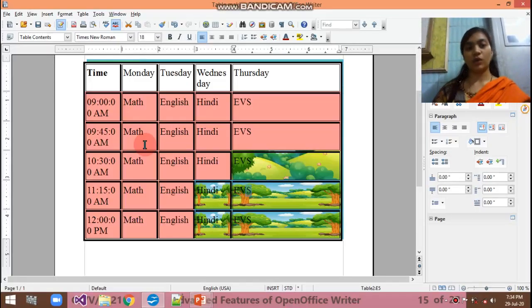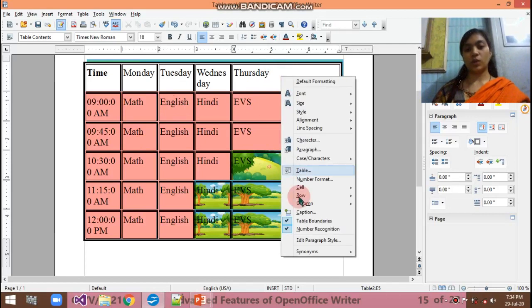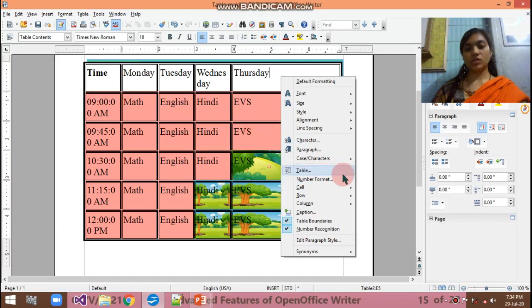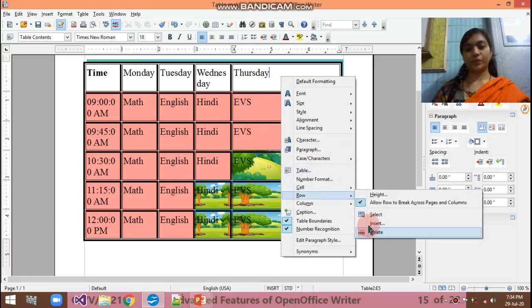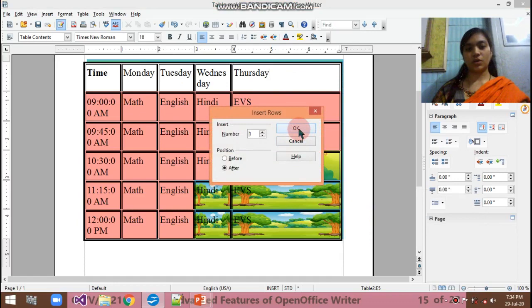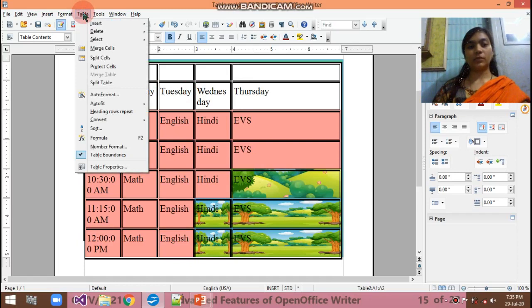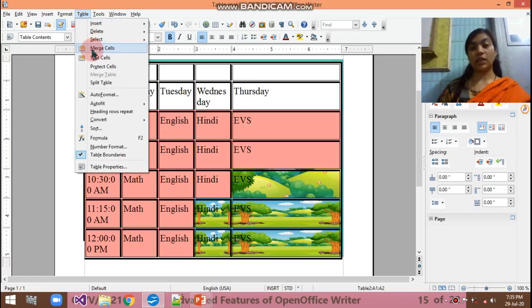So first I show you how to merge your cells. Okay, before that I have to first insert a row here. Insert. And you can see that it will be inserted. Okay, so I want to just merge these two rows. In this condition, what should you have to do? You have to select it, go to the table menu, and here you can see the option merge cell,